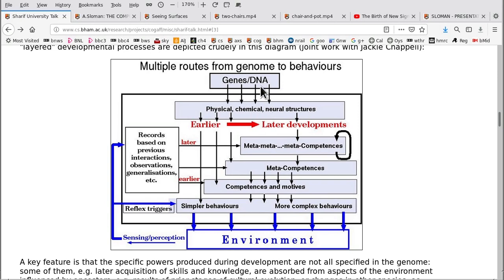Instead, some of the details are picked up from the previous records that were produced as a result of earlier gene expression. So that allows the later expression of a genome in one environment to be very different from the later expression in another environment of the same level of genetic structure. And that is shown very clearly in the case of languages by humans who presumably have roughly the same genome,